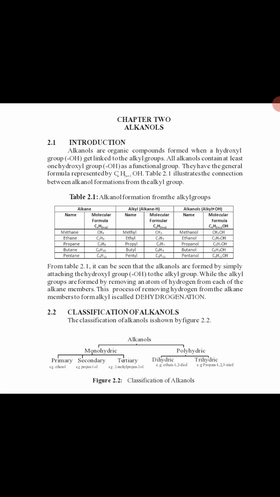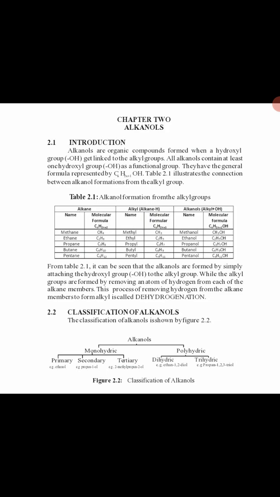For example, CH4 is methane. If I remove a hydrogen atom from CH4, it becomes CH3. That becomes methyl. So when I remove a hydrogen atom from an alkane, it will form the corresponding alkyl group. C2H6 is ethane. When I remove a hydrogen atom, it becomes C2H5, that is ethyl. So such alkyl groups, when you bond them with an OH group, they become